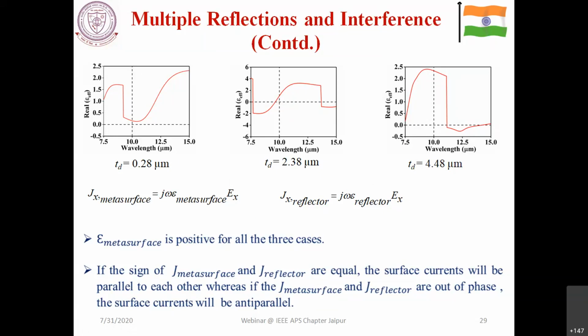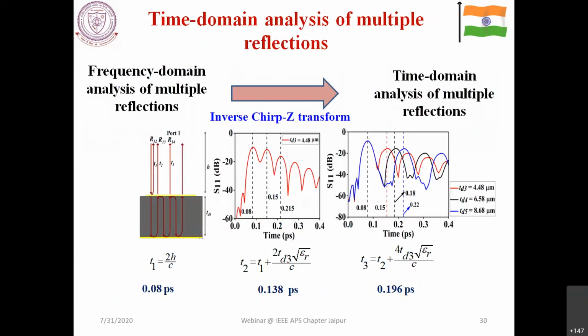Another thing we can do in addition is some kind of time domain analysis. You have this particular structure, and here some kind of port one where you are measuring. A wave is coming, it is reflected back from here and reaches at some time t1. Again it goes like this, some portion comes back and reaches at time t2, and so on, right? You can compute T1, T2, T3 by using some well-known relationships, and find out at what time instant you are supposed to get those peaks.